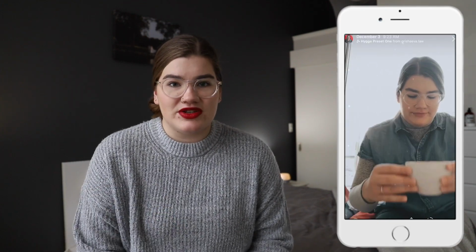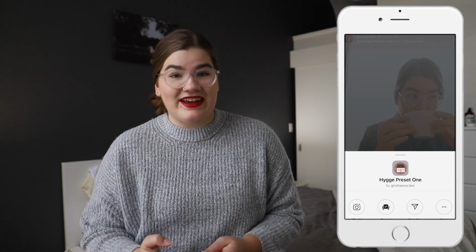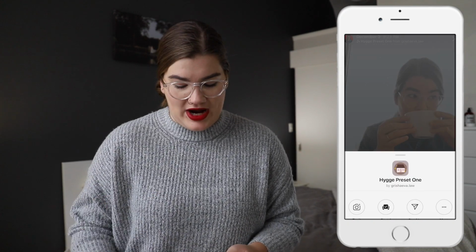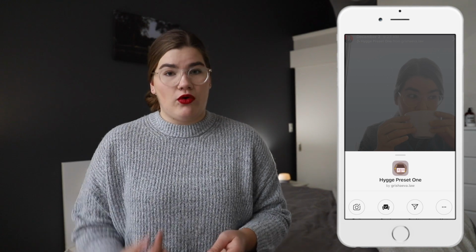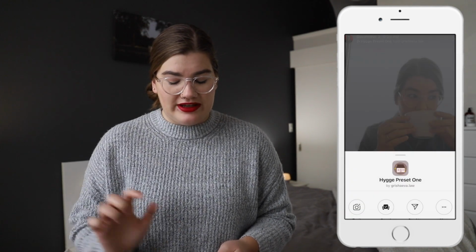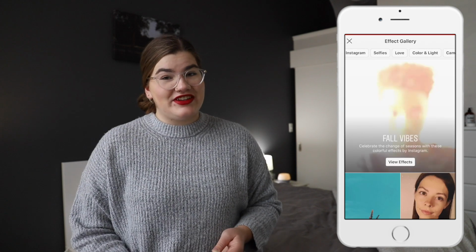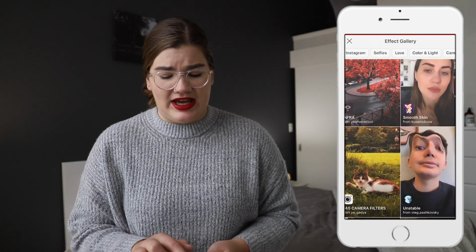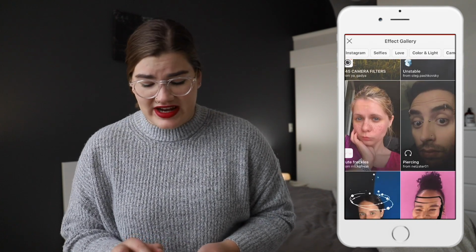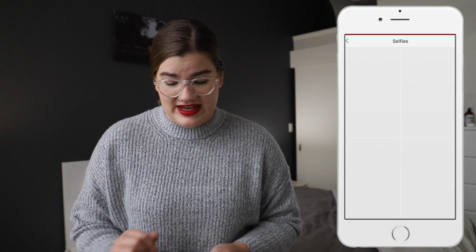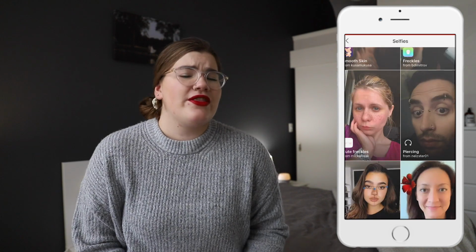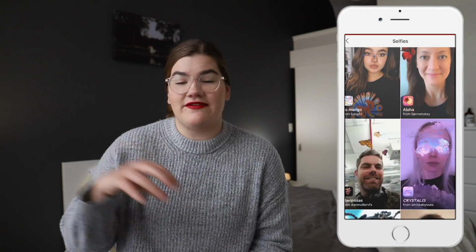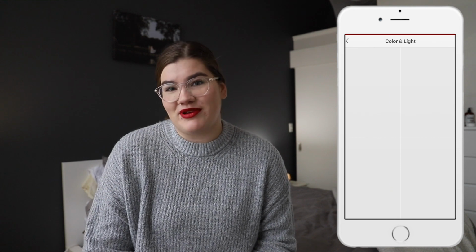So when you see this on someone's Instagram story, for instance mine, all you have to do is tap on that filter and you will see the options come up to try it, save it, send it to someone, or more. If you tap on more, you can click Browse Effects, and that will take you to the effect gallery. Here you can search by different categories like color and light, camera styles, moods, surroundings, animals, sci-fi and fantasy. There are all kinds of different categories that these effects are placed into